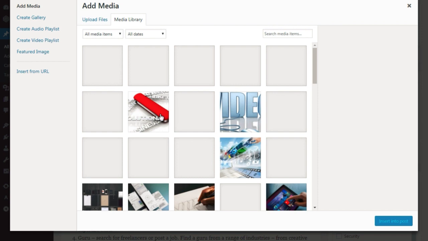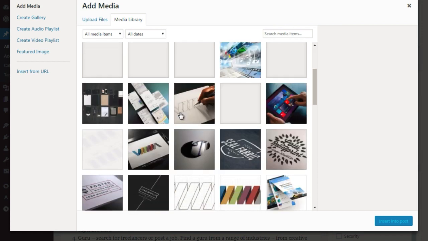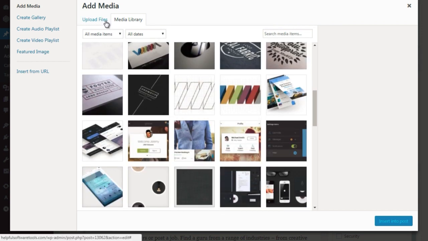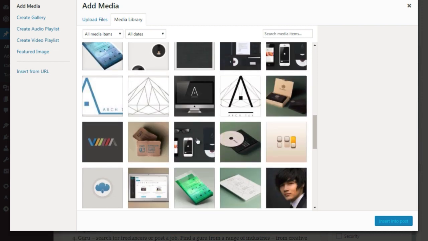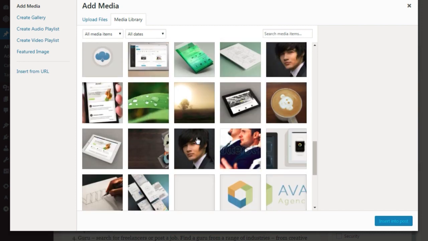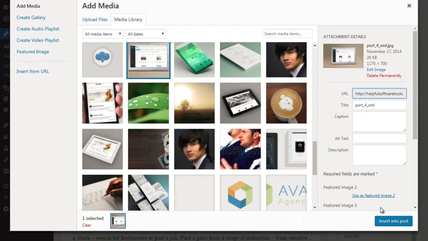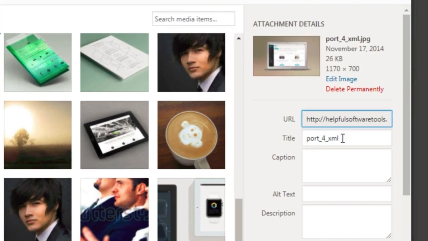So let's go ahead and click on Add Media. These are existing images that you see here. You can choose one of them, or we can also upload a file here. So, let's try to find something that relates to freelancers. Right here it says title, caption, alt text, and description. By default, as you can see, within an image it shows something like a code. It doesn't look natural, it doesn't tell a human being what it is, and it doesn't tell Google what it